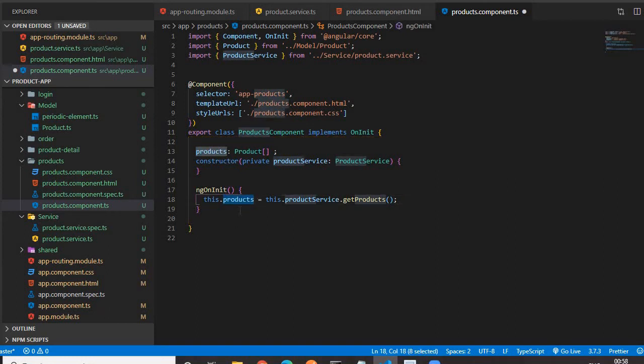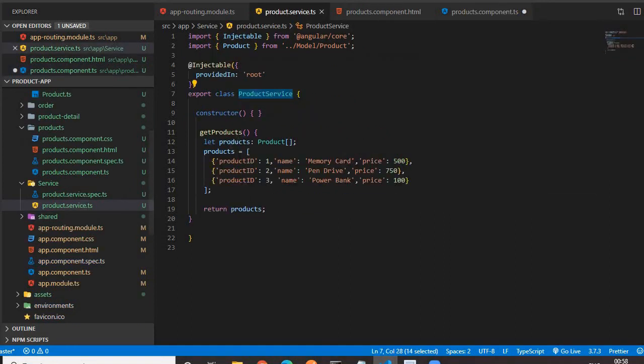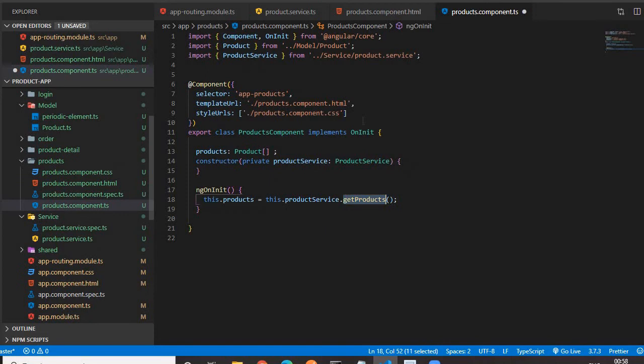For initializing, we call this.productService.getProduct, the function which is written in the product service. To get access to this function, we need to create an object of that product service by using the dependency injection concept.